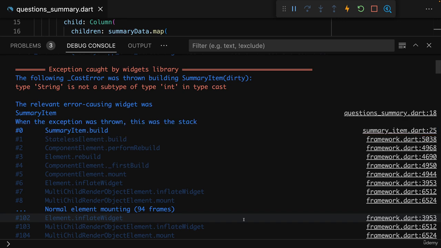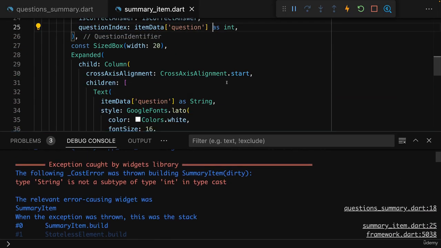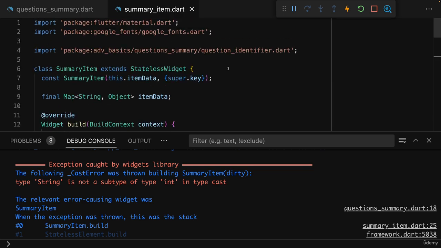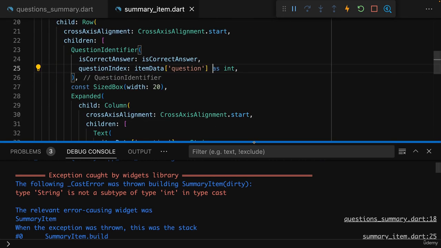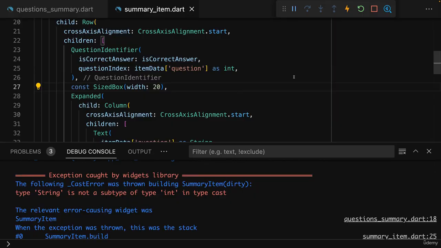And very often this highlighted line is the best entry point you can use to learn more about the error or to analyze what's causing this error. In this case, I for example see that it's the build method of the summary item widget that seems to be causing this error, and I even see a link to that file here, including the code line that seems to be causing the error. And if I click this link now, I am indeed taken to this summary item widget here, and I'm taken